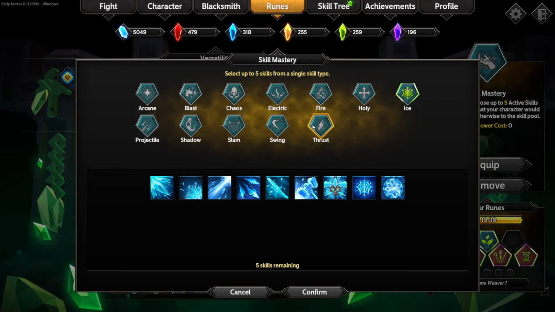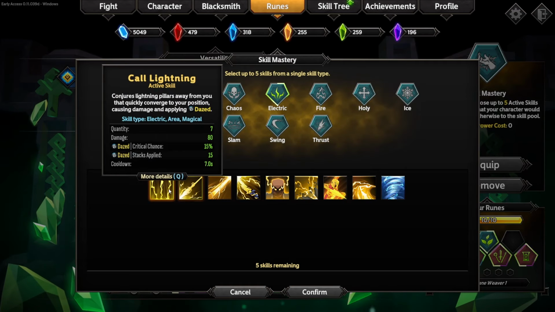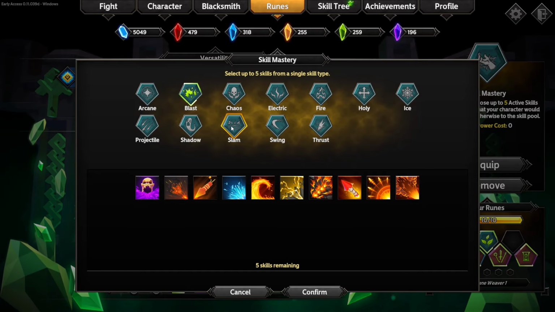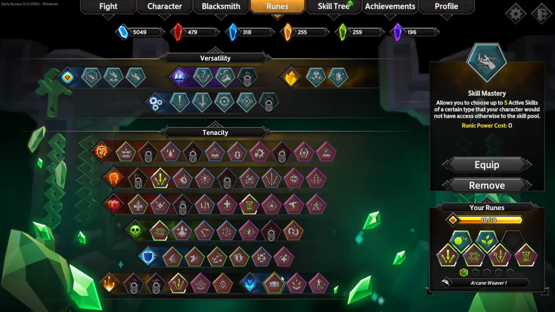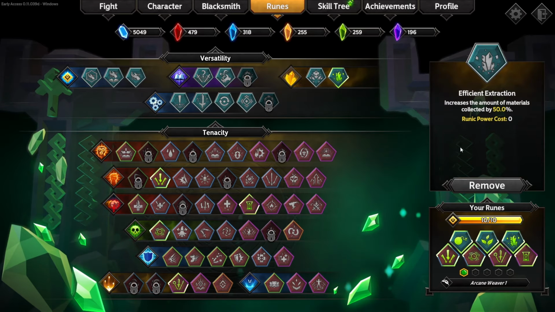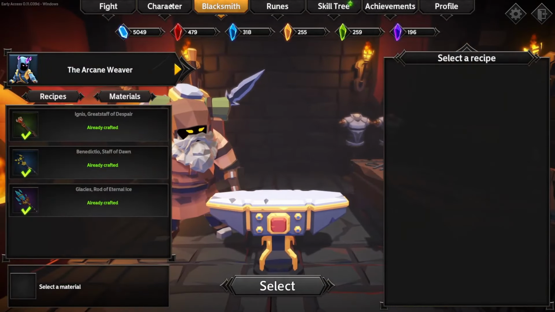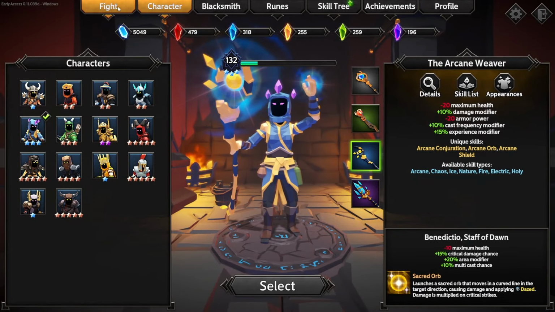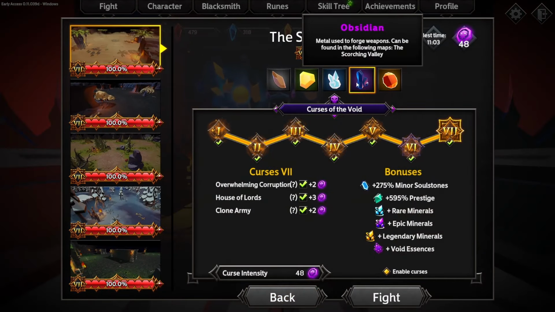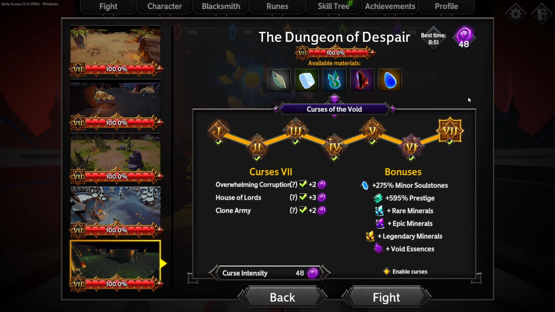But there's a lot of different options. You could even go for electricity, get some dazed and disoriented for even more crit damage and crit chance. But yeah, the last few points are kind of your choice. I like Efficient Extraction because I like getting materials from my runs. There's some variation there within those options, but you can play on maximum curse on pretty much any level. It works on anything. It does take a little while